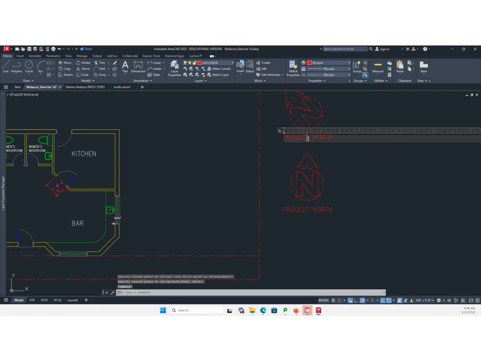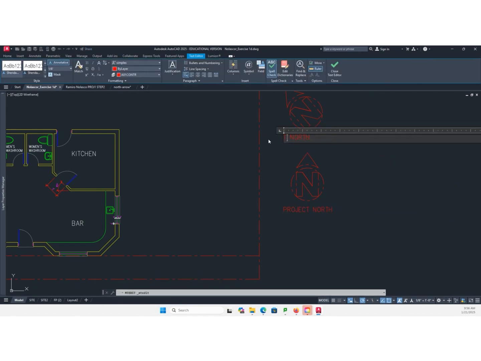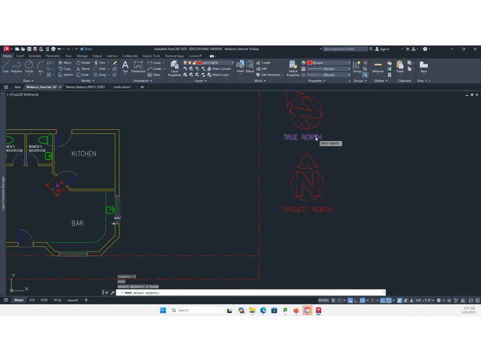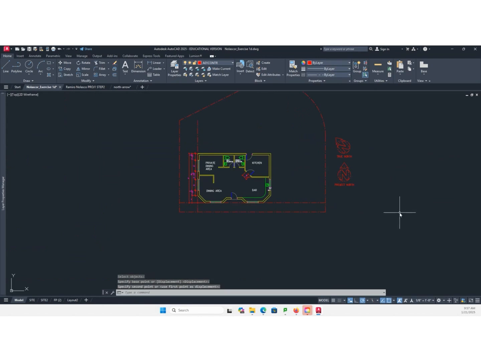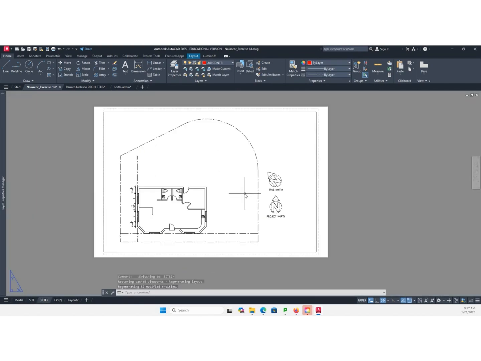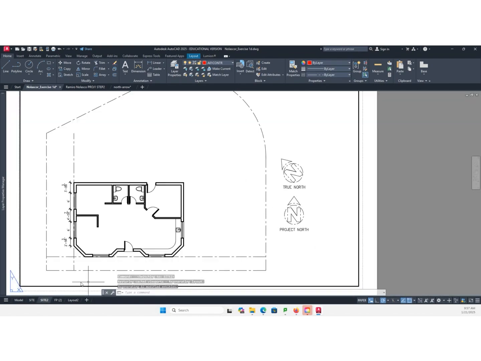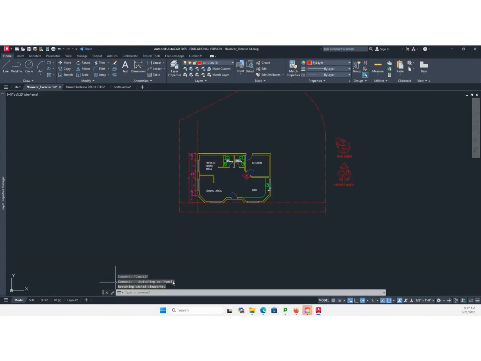And this is what we call the true north. Project North, true north. Okay. So use medium. I think medium is fine.